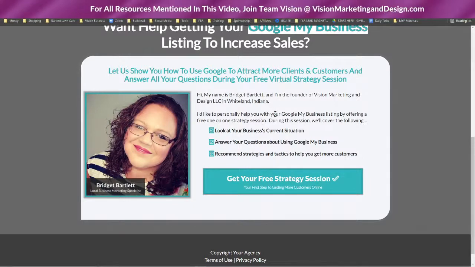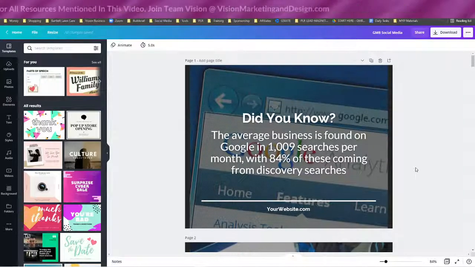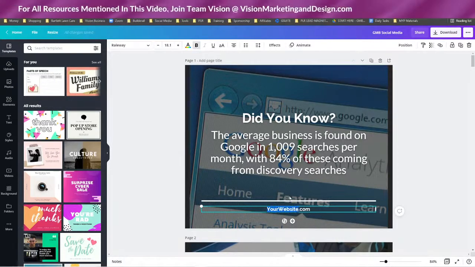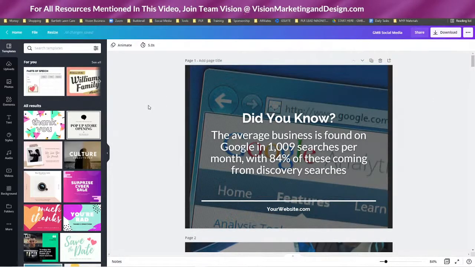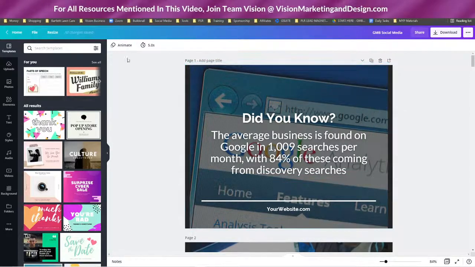Okay. So if they are looking for your business, you need to have something to establish yourself as an authority. So I've also created 20 social media graphics that you can brand yourself. And again, I can do this for you, or you can choose the DIY option. But all you need to do is literally type in your own web address here. You can customize these any way you want. This is actually built on Canva, which is my favorite tool for graphics. It's super simple. You're going to get the template. If you want to swap out the images, add your logo, change all the colors, it's totally up to you.